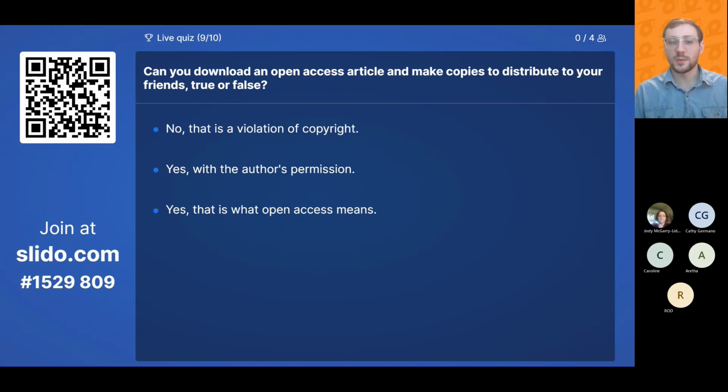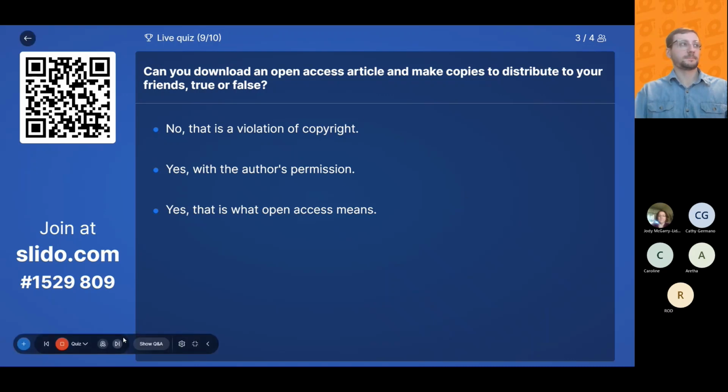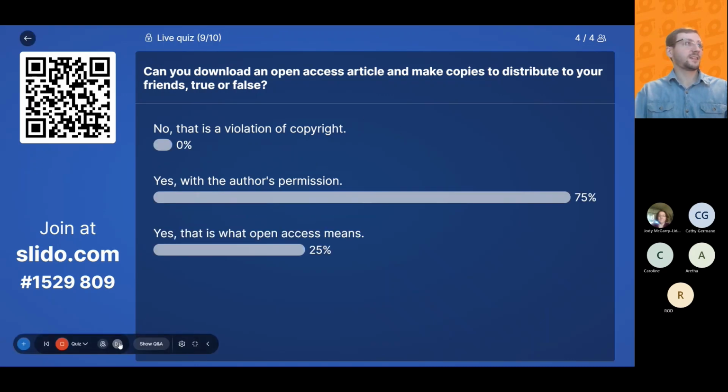Or yes, that's what open access means. All right. And the answer is actually that is what open access means.